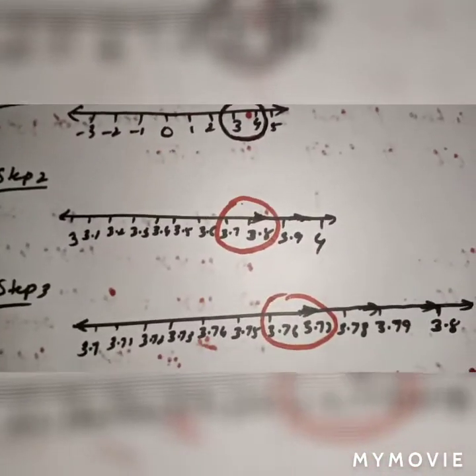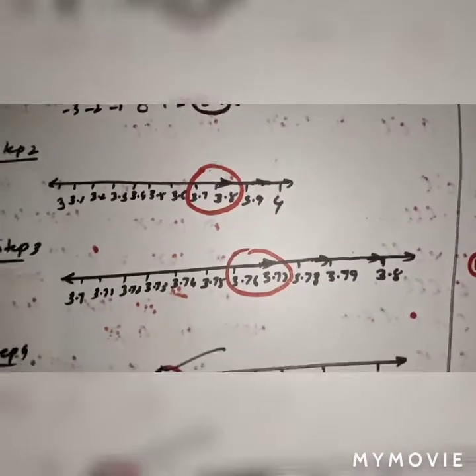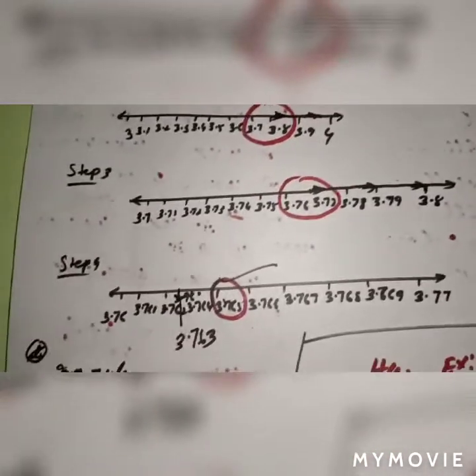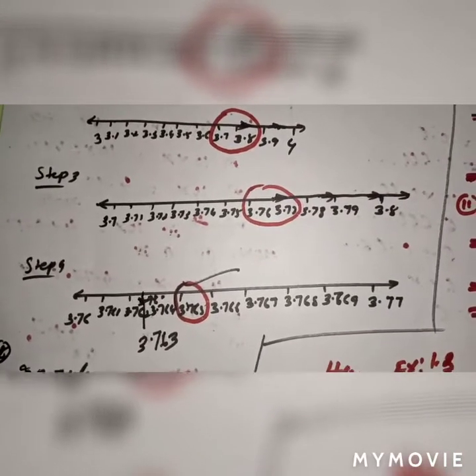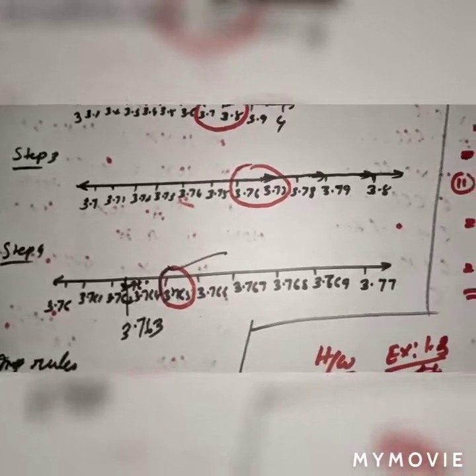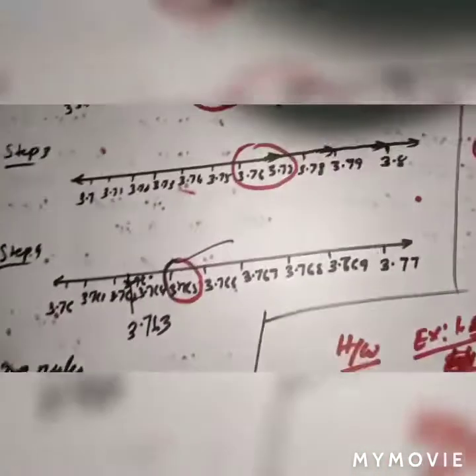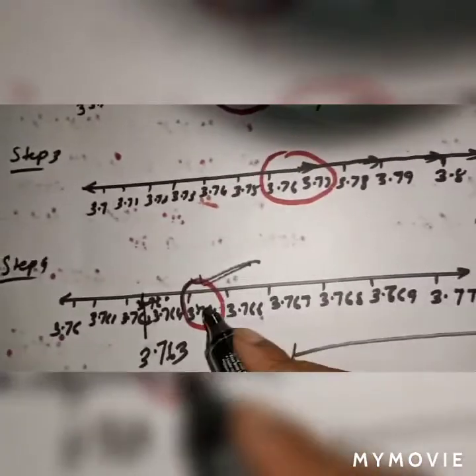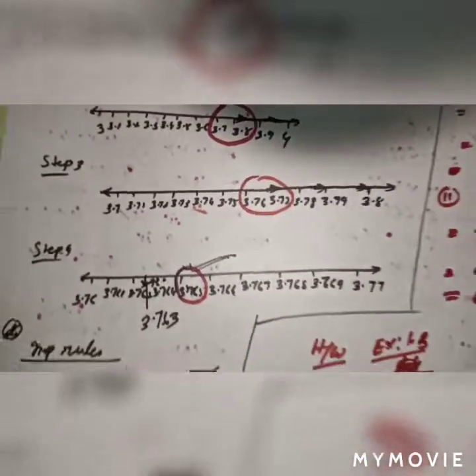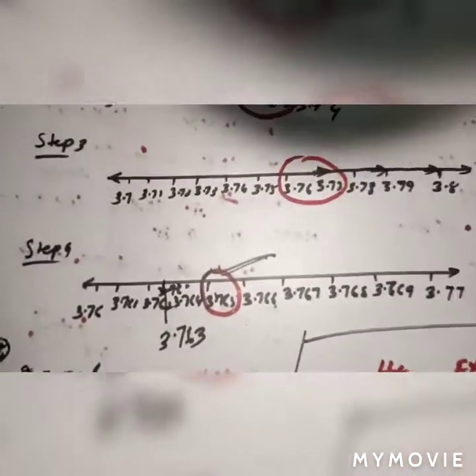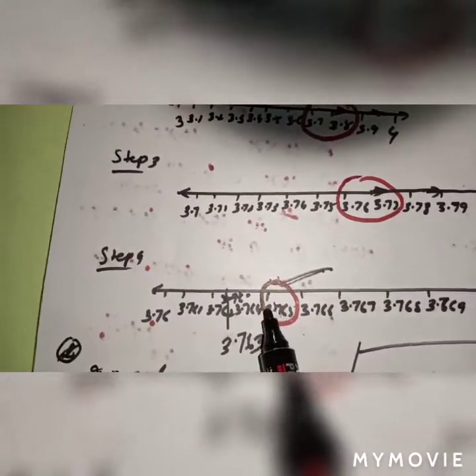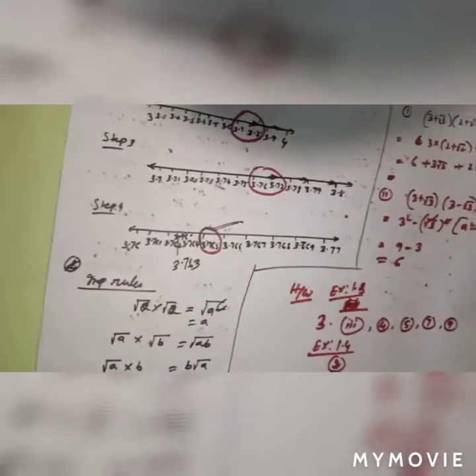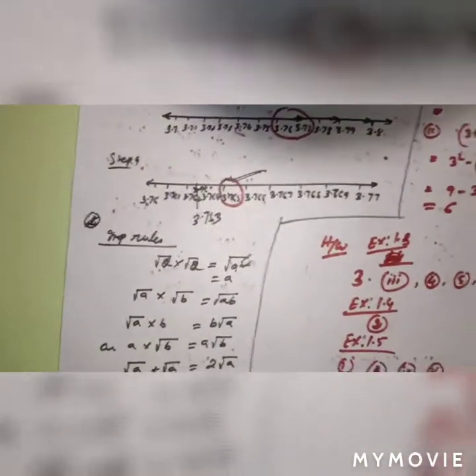So what I have done, first in between 3 and 4, second 3.7 and 3.8, third 3.76 and 3.77. After that we got the number between 3.764 and 3.766. In between, what we got, 3.765. This is the correct answer. I am using a marker on the sheet, that is why sometimes it is not clear, but you understood, no? Concept is the main important thing. If you understood the concept, then you can do it yourself.